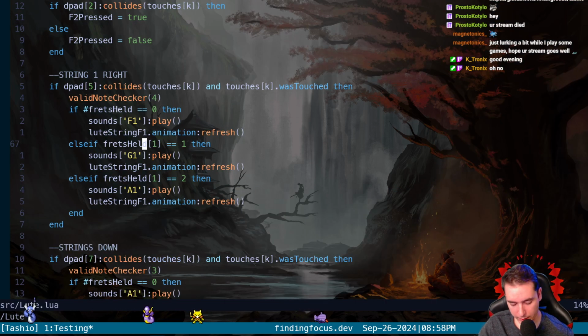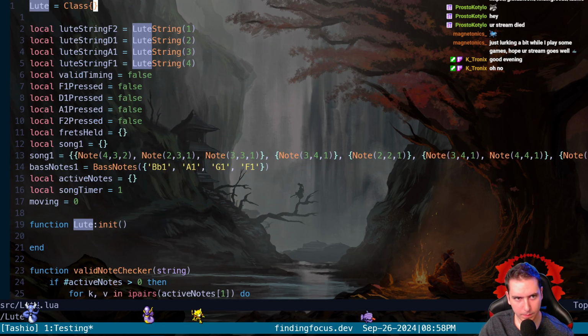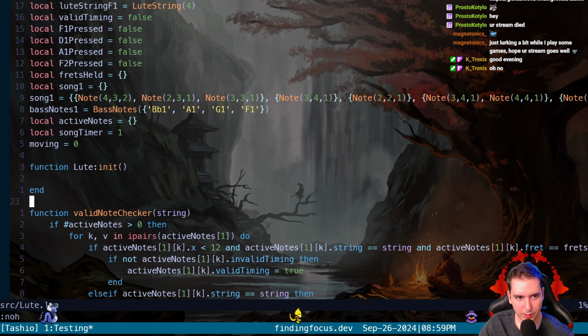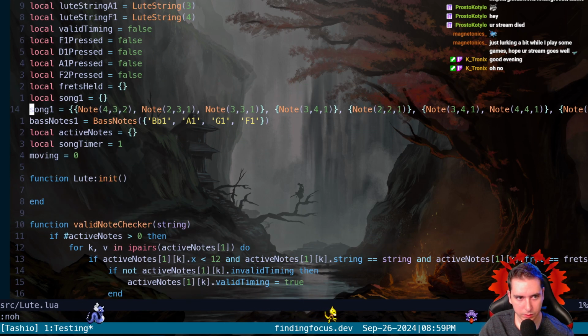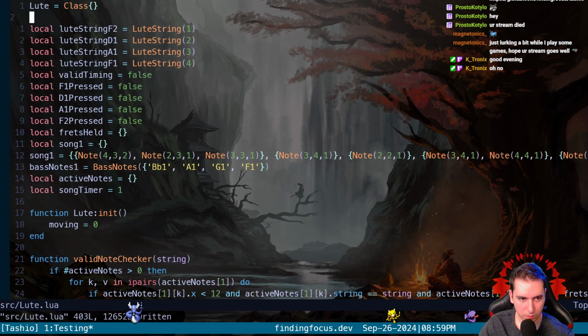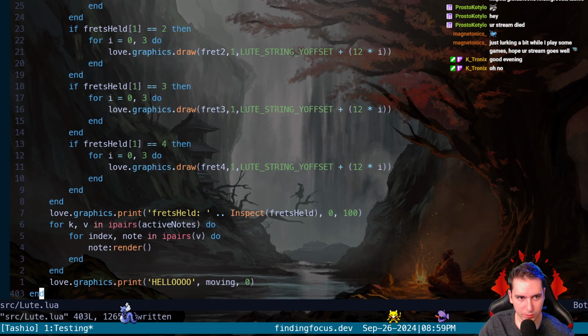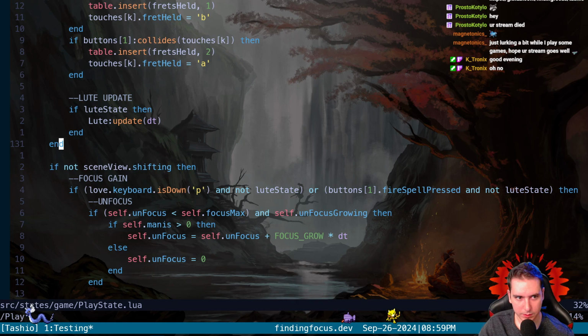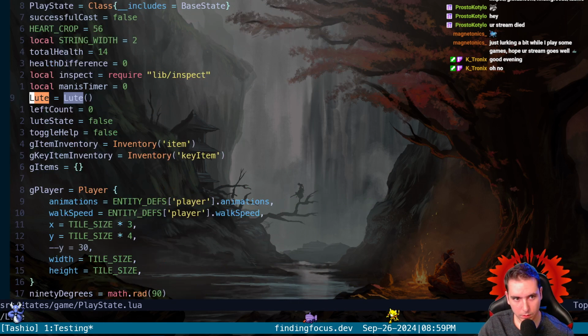Did we do our class correctly? Lute gets class. Okay, I feel like we might be screwing something up with the init, but the init happens right here at the very beginning, in play state, right at the top. We say Lute gets Lute class.